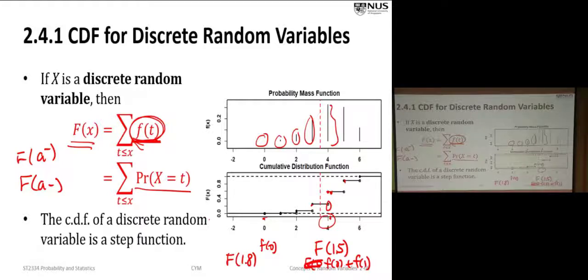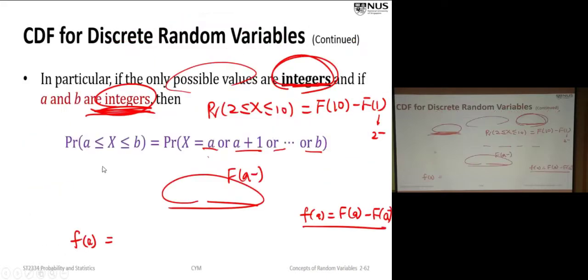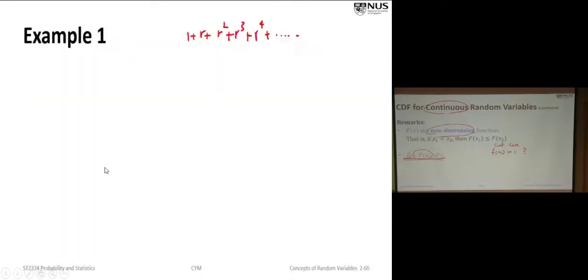Obviously, a value which is not an integer should have a CDF the same as the integer less than or equal to it. In other words, if I want to know the CDF of this value, I go back and look for the CDF of the largest integer which is less than what I have. Because from that point onward, I do not have any probability to add in until I reach the next integer, and then I go up and have additional probability. So I do it step by step.